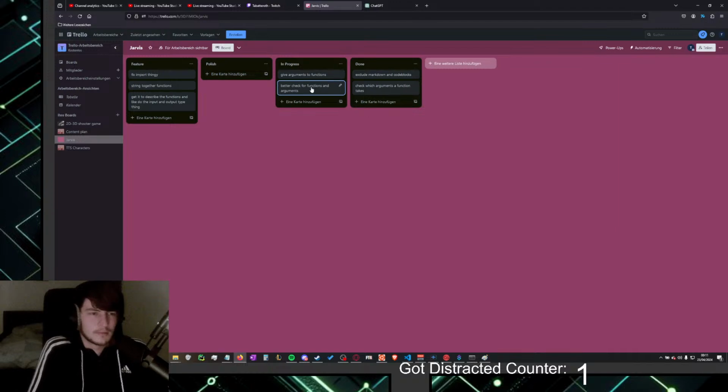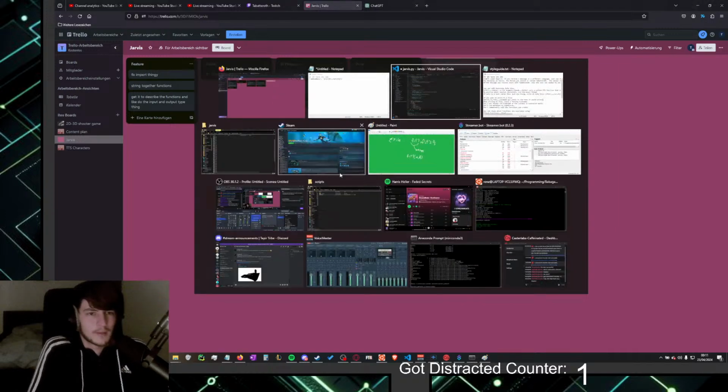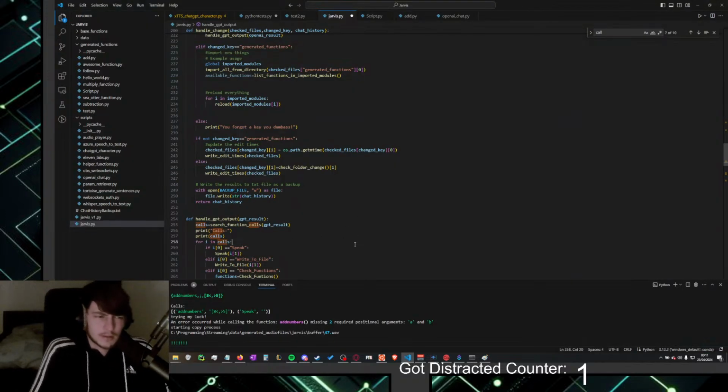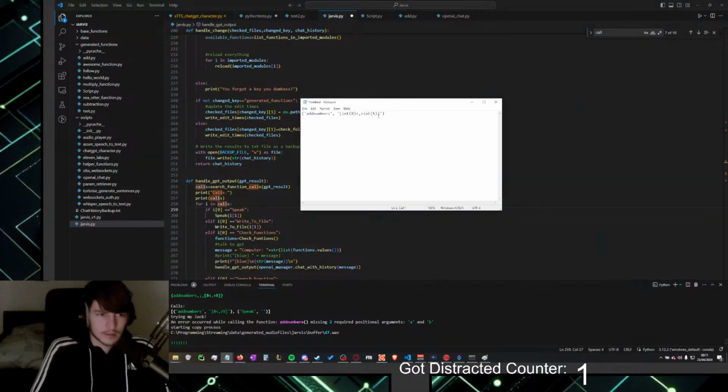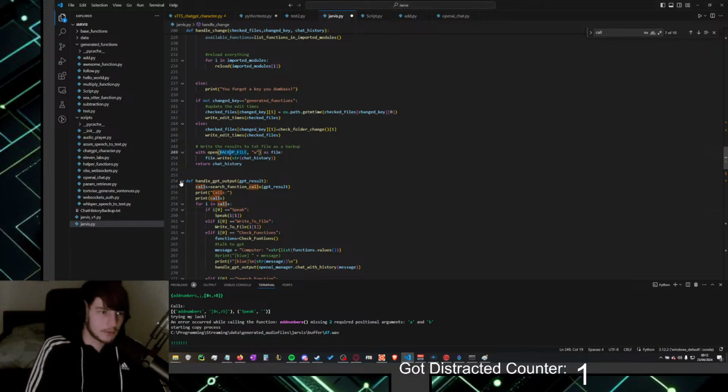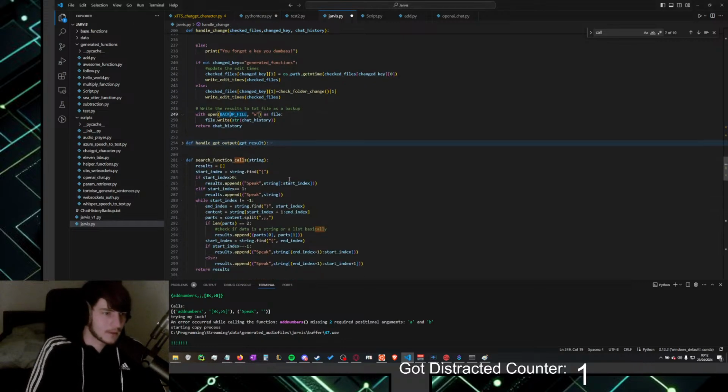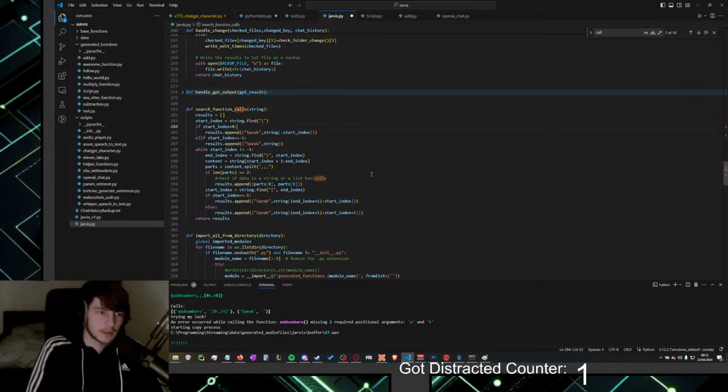If I rewrite the function check, and if I tell it to format it like this and then rewrite the check, that makes sense to do both at once. Now, search function calls. Okay.